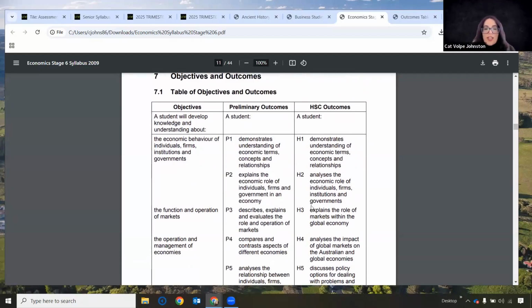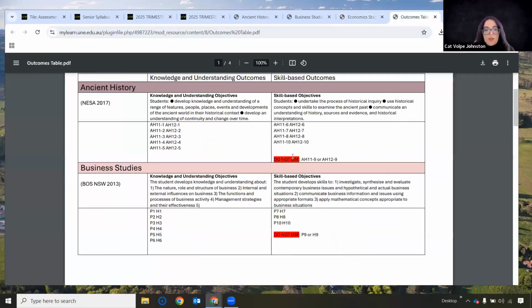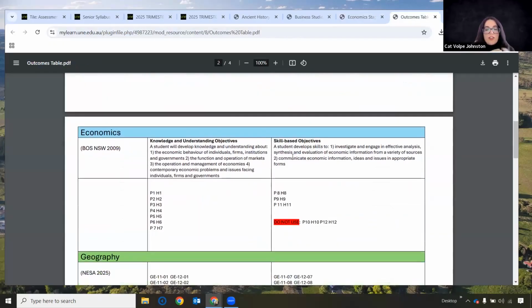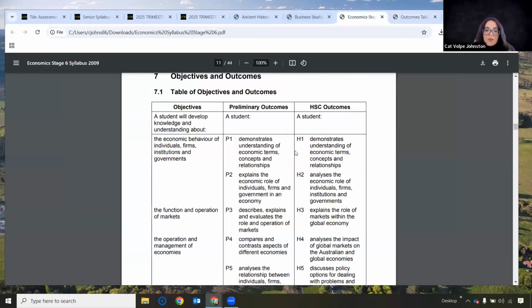We've got this similar table that we're seeing in all of the syllabuses, the objectives here on the side, and also the outcomes that align with those objectives. If you go to the outcome table and look at the economics section, you can see the objectives listed here. I've put them in, and which of the outcomes are underneath those objectives, okay? So going back to the syllabus,